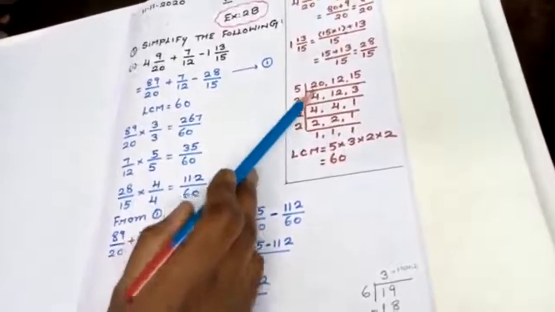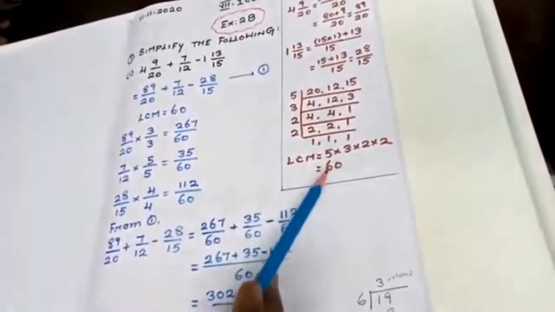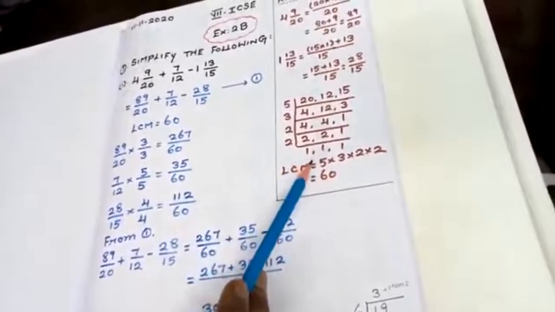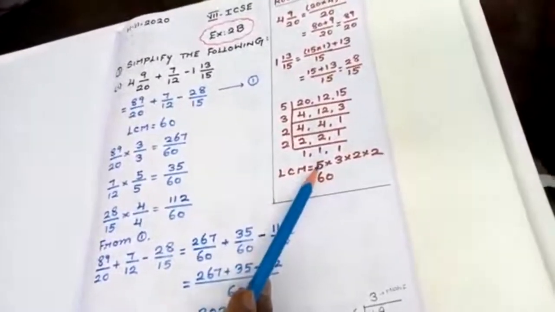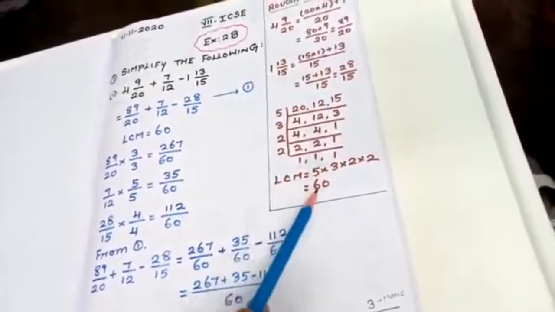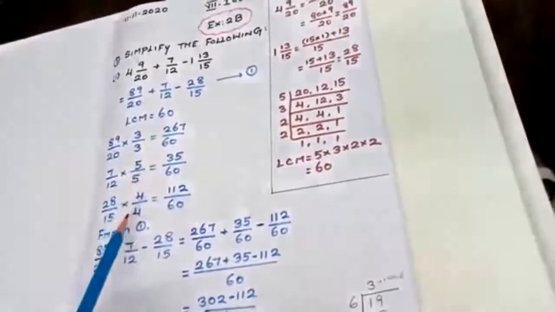Find the LCM for 20, 12 and 15. After finding LCM, I am getting the answer as 60. This particular calculation we are seeing as one exercise, but now we are going to do it as a calculation in a sum. So see to that, LCM I am getting the value as 60 students. After getting 60, the main calculation starts from this place.